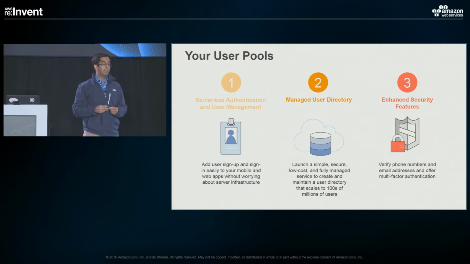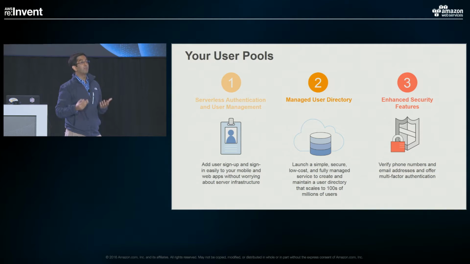So with that, basically, we have phone number and email verification. We support multi-factor authentication. We also support protocols like Secure Remote Password Protocol, which at a high level essentially entails creating a derivative of the password on the client side, and that derivative is used to do the identity verification. So if we come back to a tactical standpoint, what does that mean? It means that the plain text password is never passed through the wire, and AWS never sees that plain text password.